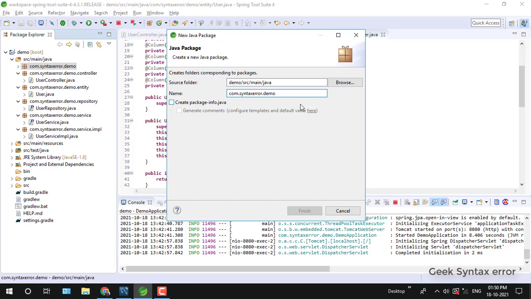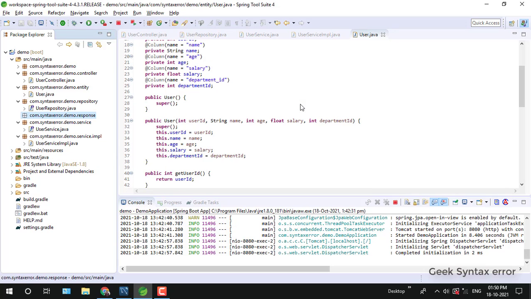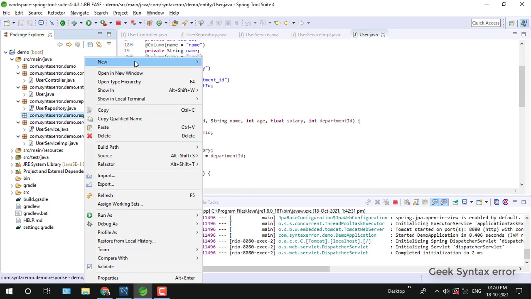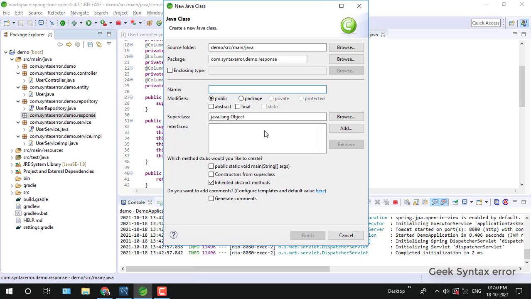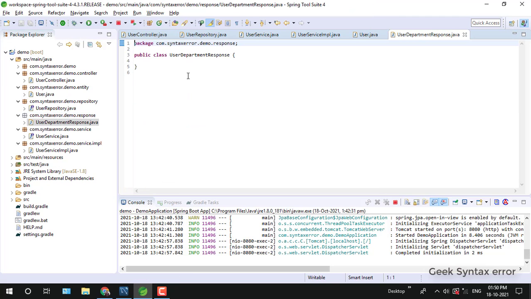So for that I'll create a package called response, and I'll create a class as UserDepartmentResponse. Okay, we don't have to specify any annotation for this, because this is not an entity class.